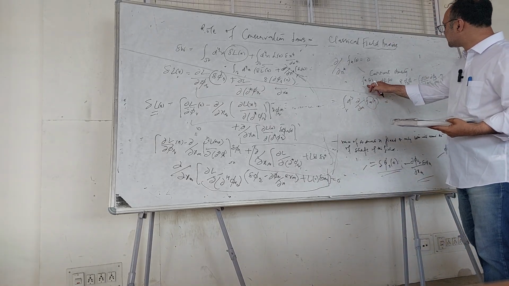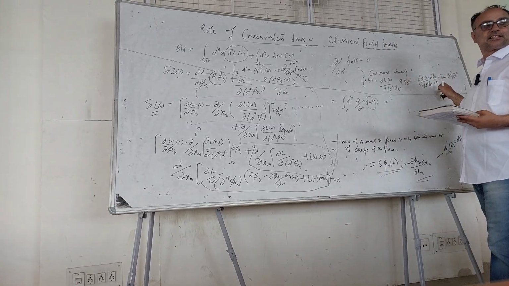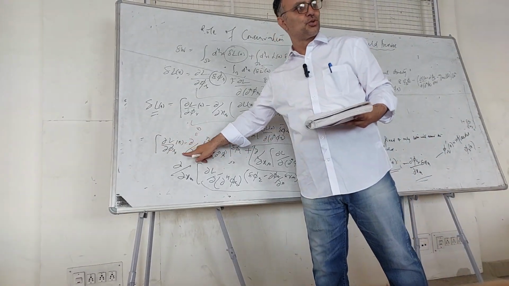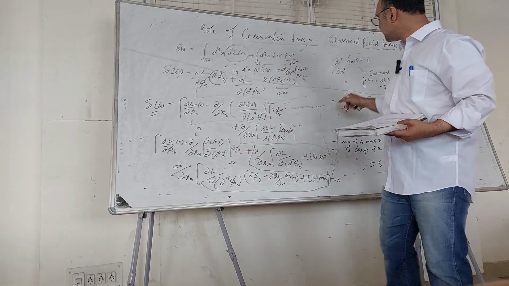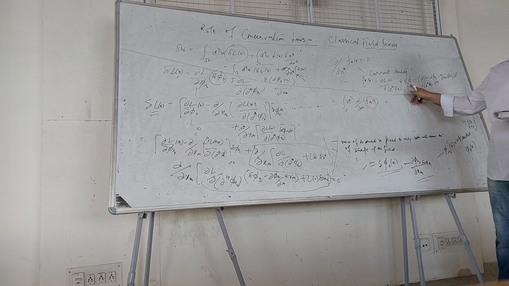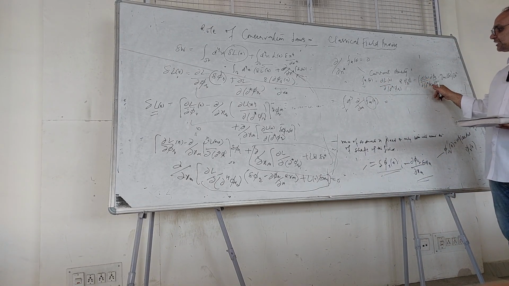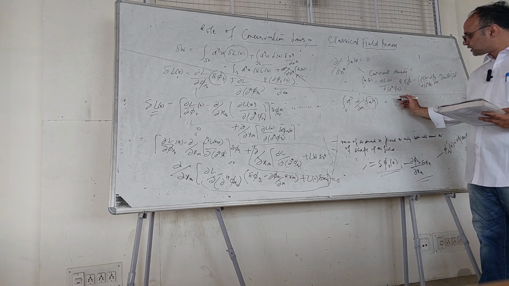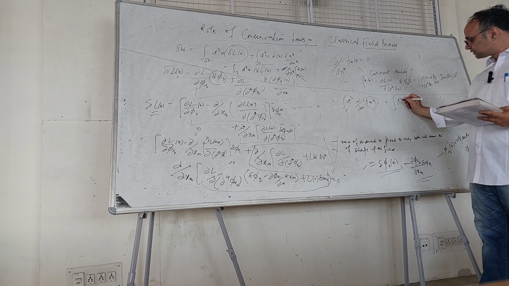and f represents this entire quantity, from here to here. Actually two terms come here. The first term will be zero due to the Lagrange equation of motion. The second term is a sort of conserved current. Okay, so if it is conserved, then this entire thing will be zero. So it's zero in both space